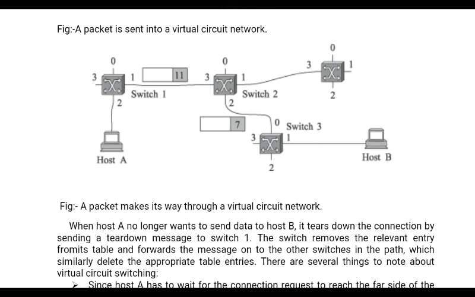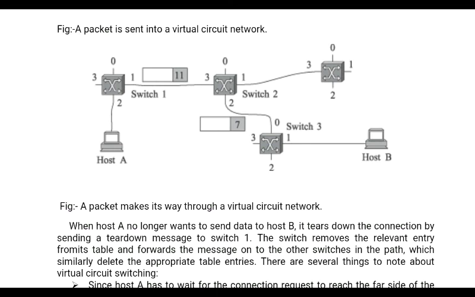Next time, when host A wants to transfer the data, in that particular header it is going to put the VCI 5. So when switch 1 receives the packet from the incoming interface 2 with the VCI 5, the entry is already there, they have updated it. Now it is going to be transmitted on the outgoing interface 1 by changing the outgoing VCI to 11. Switch 2 is going to receive this on port number 3 with the incoming VCI 11. So immediately the entry is there. The switch is going to transfer it on the outgoing interface 2 by changing the outgoing VCI to 7.